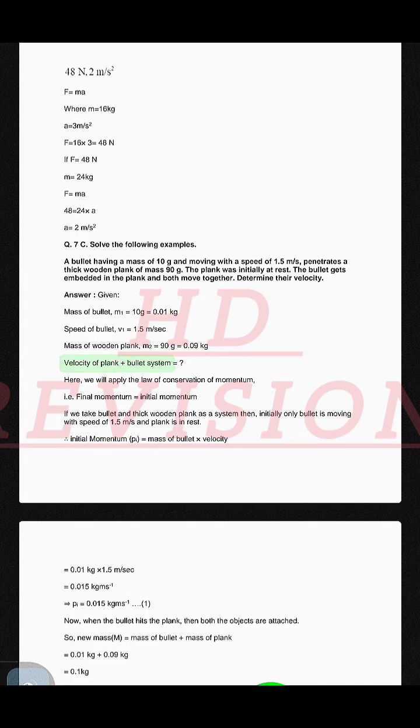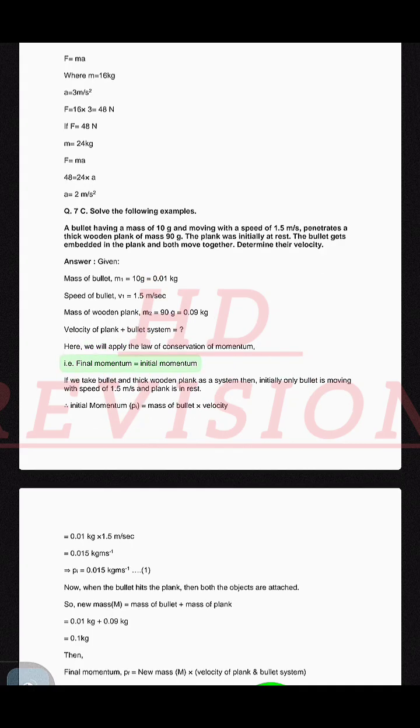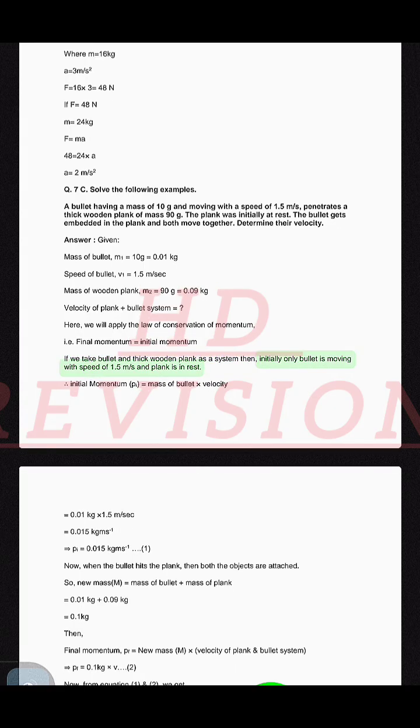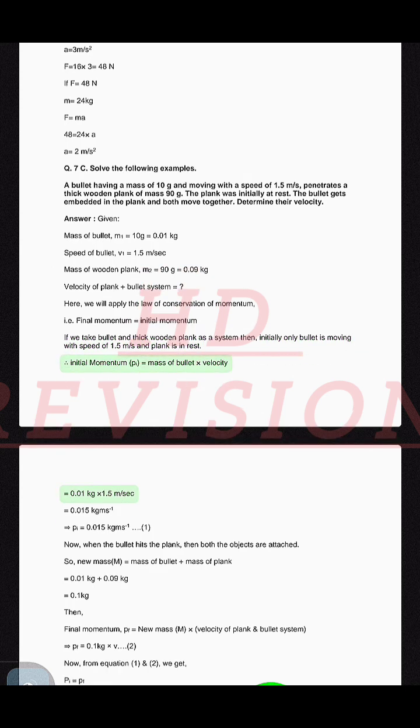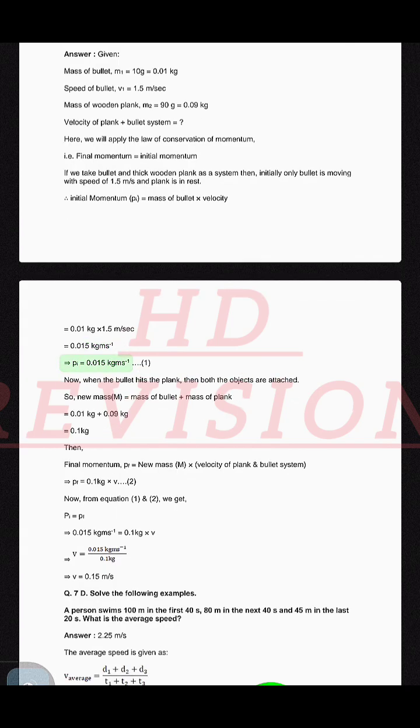Find the velocity of the plank plus bullet system. Here, we will apply the law of conservation of momentum, i.e. final momentum equals initial momentum. If we take the bullet and thick wooden plank as a system, then initially only the bullet is moving with speed of 1.5 and the plank is at rest. Initial momentum Pi equals mass of bullet times velocity equals 0.01 kilograms times 1.5 meters per second. Pi equals 0.015 kg m/s. (1)